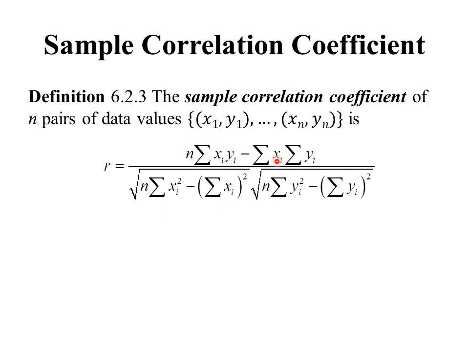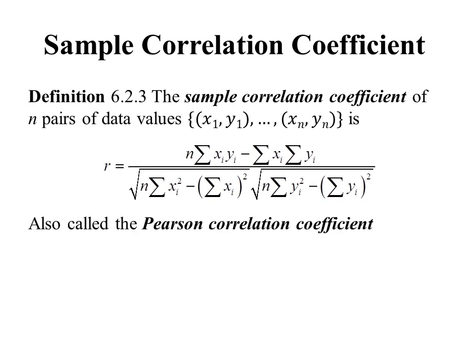And then we take all the x values, add them up. All the y values, add them up. Down here we square each x value, add them up. Here we take all our x values, add them up, and then square it, and then we do all this nasty looking arithmetic. So this sample correlation coefficient is also called the Pearson correlation coefficient, named after a man named Pearson who did some pioneering work in statistics during the early 1900s.